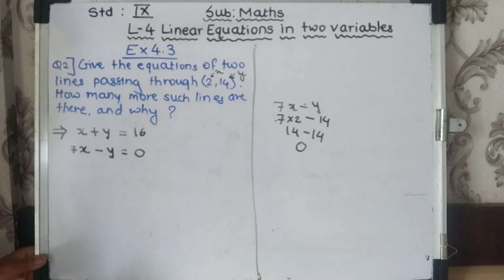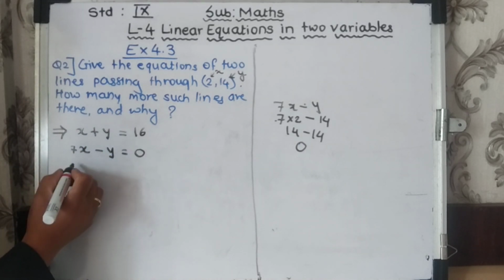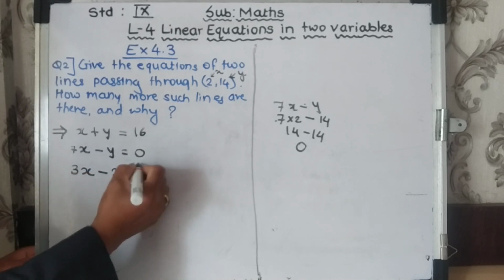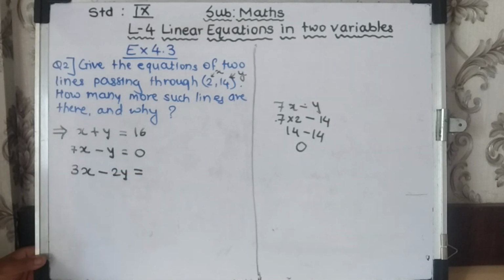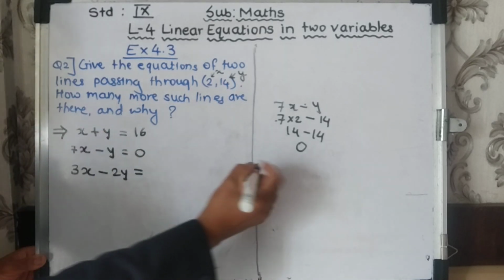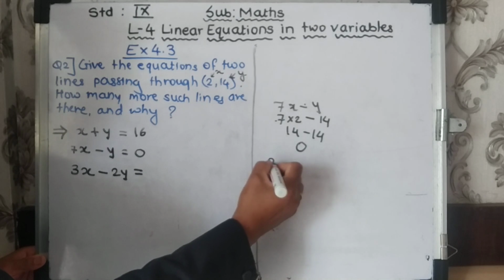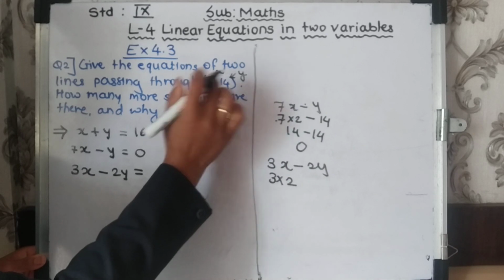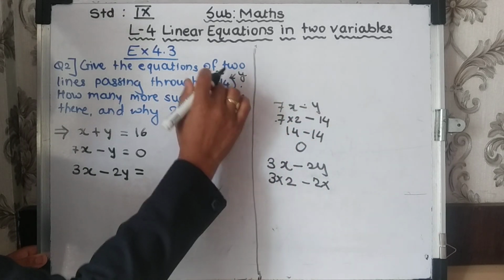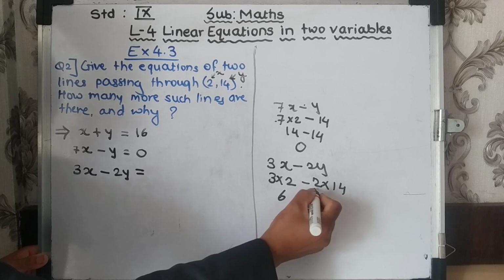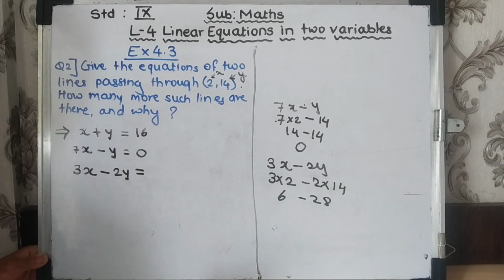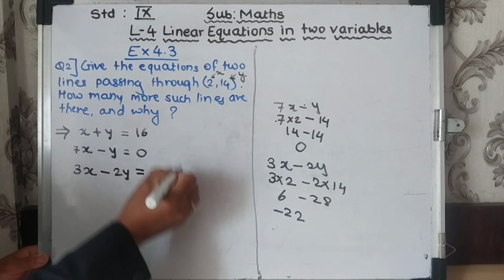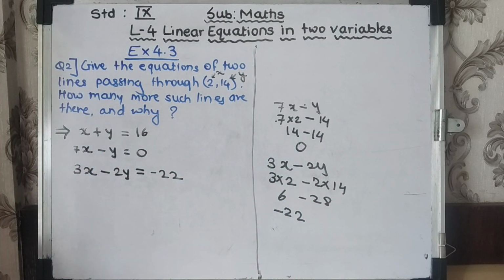You can have still more equations. Suppose I am writing here 3x minus 2y equal to. Now what should I write equal to over here? Let us solve the left hand side in rough work. 3x minus 2y. So 3 into x, which is 2, minus 2 into y, which is 14. 3 twos are 6 and 2 fourteens are 28. So 6 minus 28 is minus 22. So here minus 22 is expected. So likewise we have